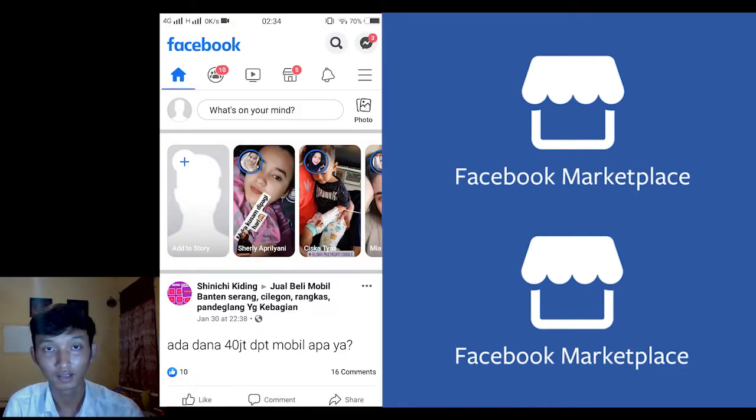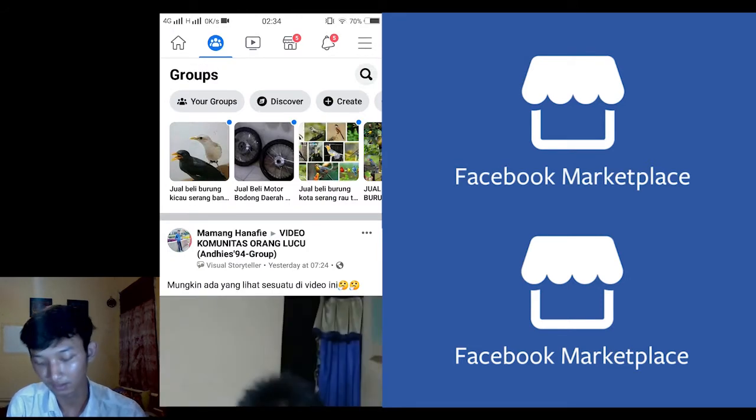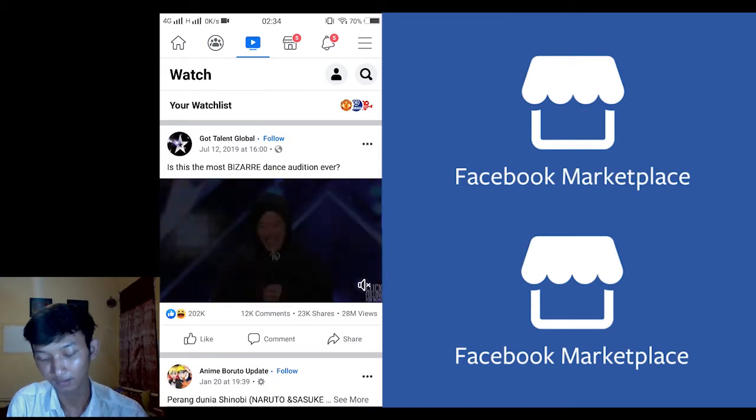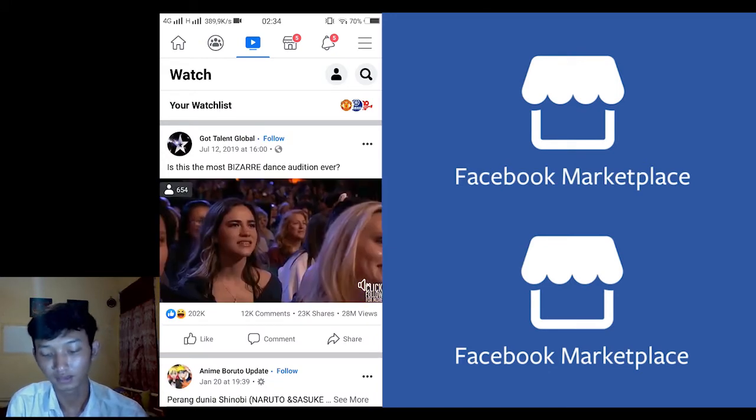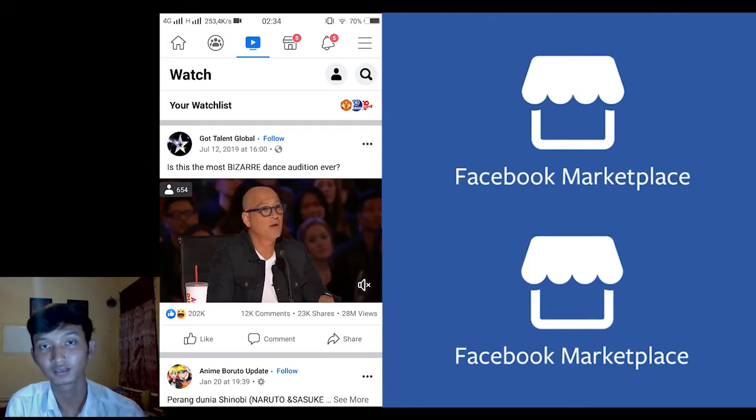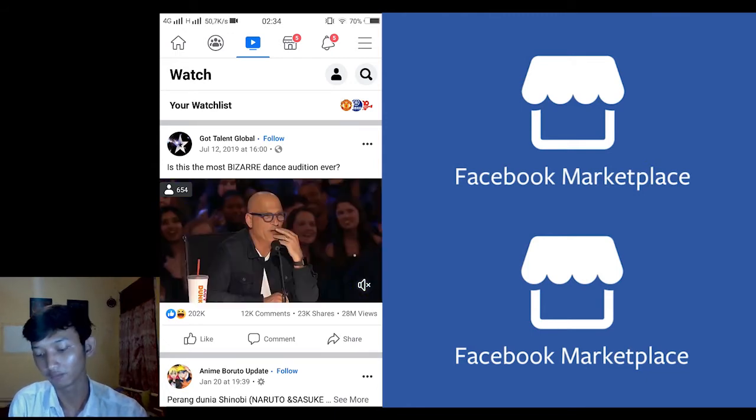Then look at the top bar. The first icon is the home page or timeline. The second icon is the group posts, and the third part is the video posts that we can watch. And the fourth icon,